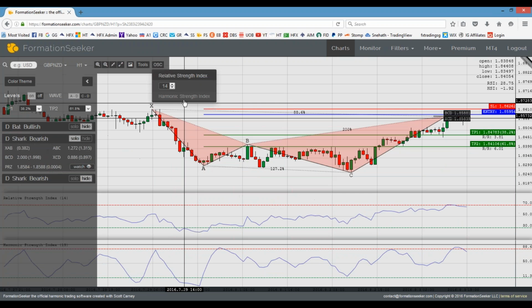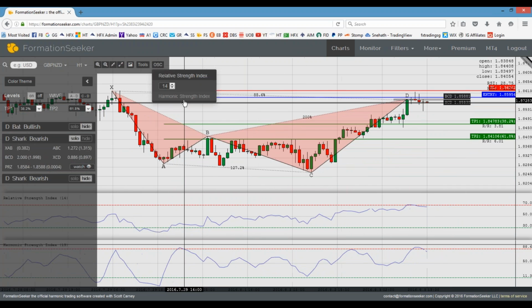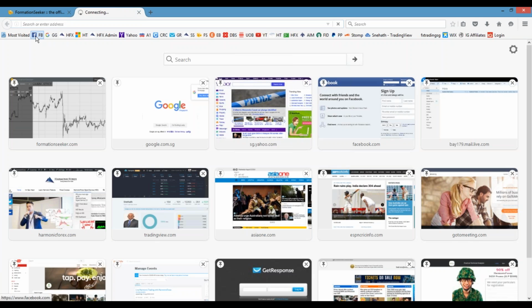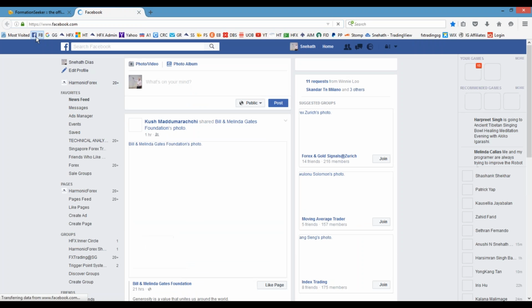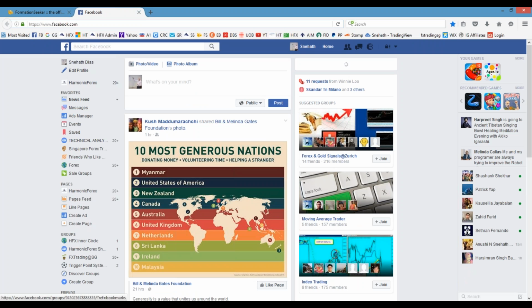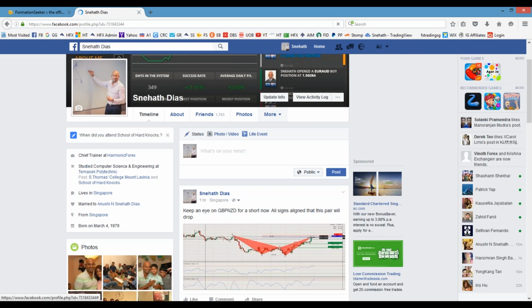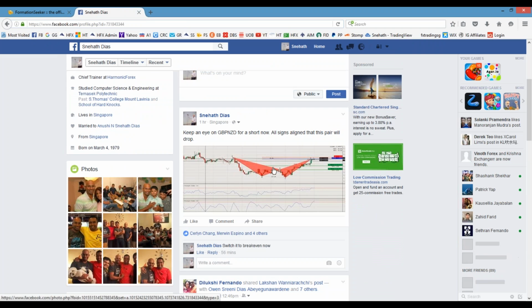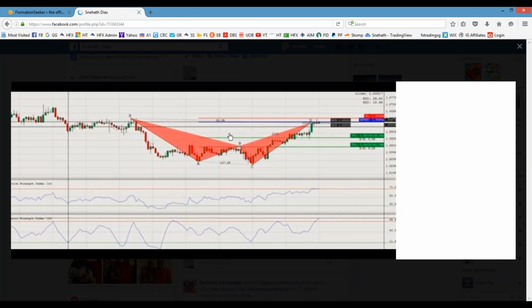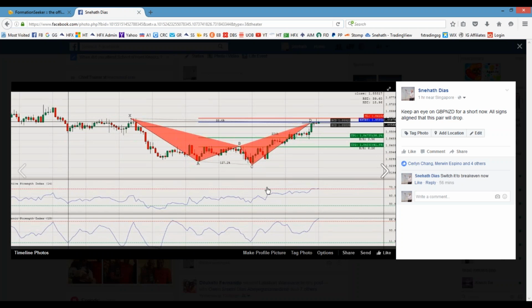So what made me call this trade this evening? If I go to my Facebook, you'd see that I called this ahead of time, and this is how we generally like to trade. We call our trades ahead of time instead of saying, oh okay, we took this trade, because I think it's very easy for people to do things in hindsight. But for us, I posted it somewhere around here that I was looking to enter around the 1.86